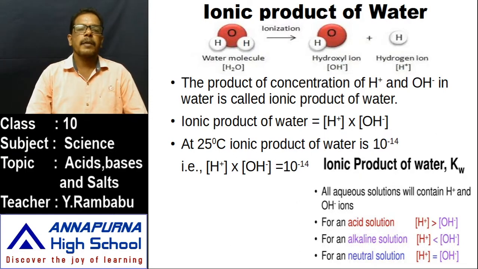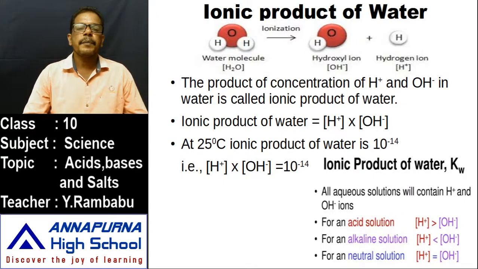What is this ionic product of water? Let us observe in this diagram. Water molecule, its chemical name is hydrogen monoxide and its molecular formula is H2O. When this water molecule is ionized, it splits into which ions? Hydroxyl ions, OH minus ions, what we call hydroxide ions, and hydrogen ions, H plus ions. That means this H2O molecule splits into OH minus ions and H plus ions, that are denoted